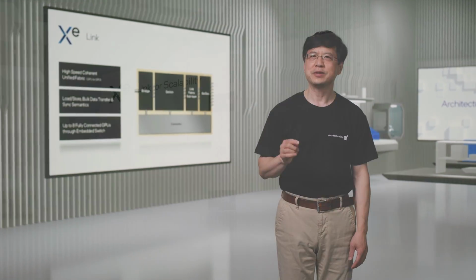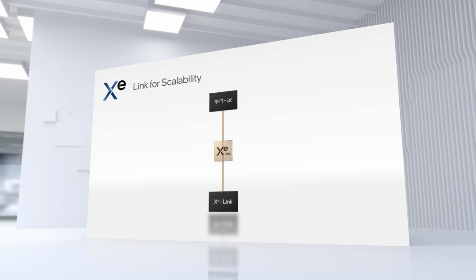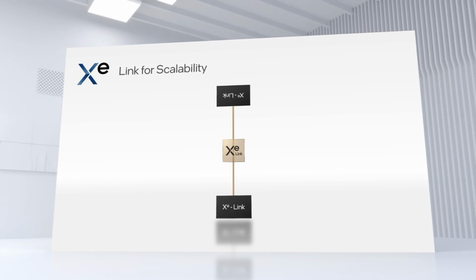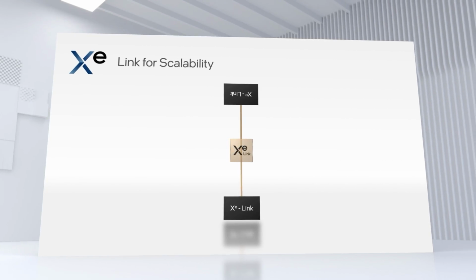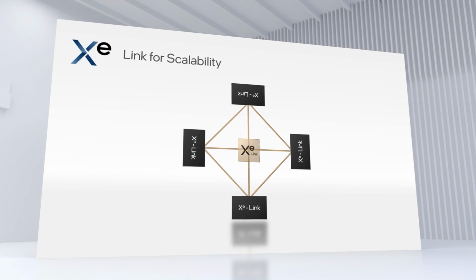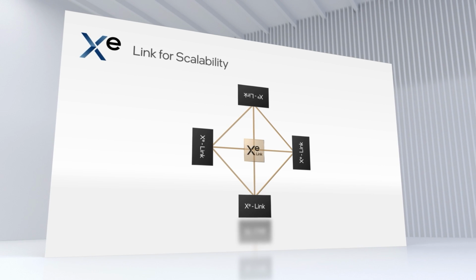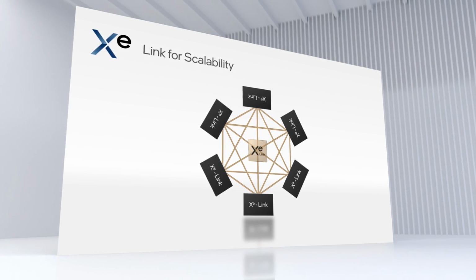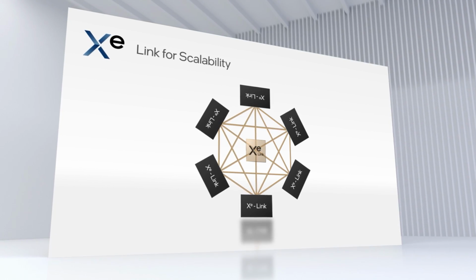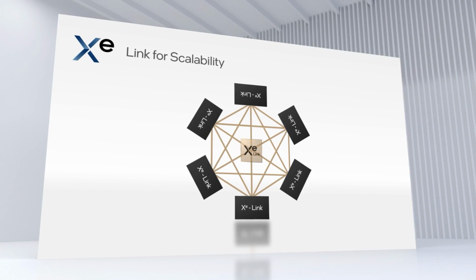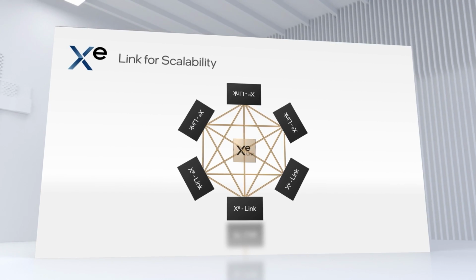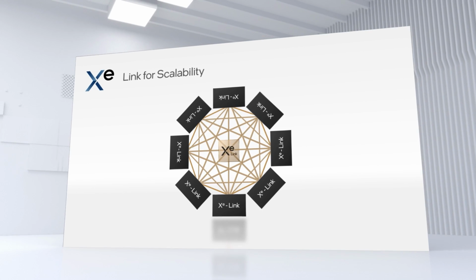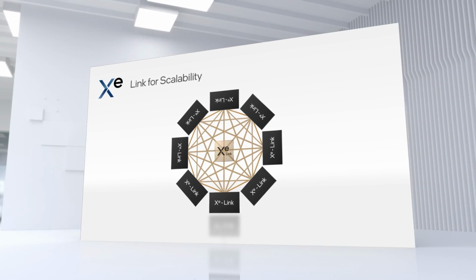It is easier to show than tell. Here, we have Xe Link between two Xe-HPC GPUs, so we could connect them with up to 8 Xe links. Scaling to 4 GPUs for large problems is a popular configuration. 6 GPUs per node may look familiar to you, as this is the topology of the Aurora Accelerator Network. A popular configuration for AI and large problems is to have 8 GPUs in an OEM form factor for a universal baseboard design, following the Open Compute Project standard.